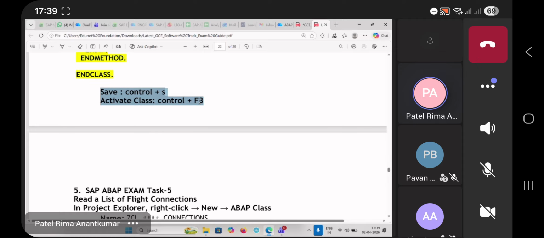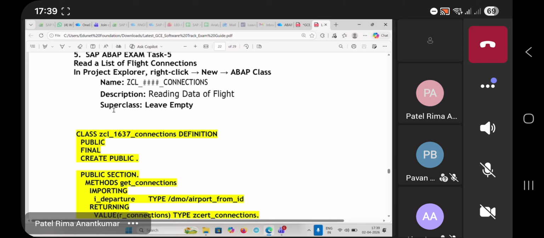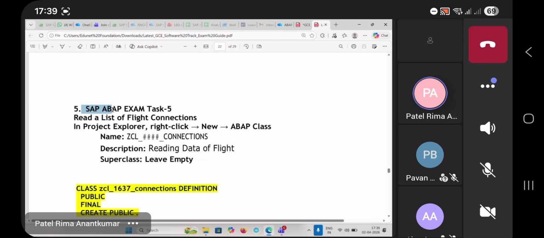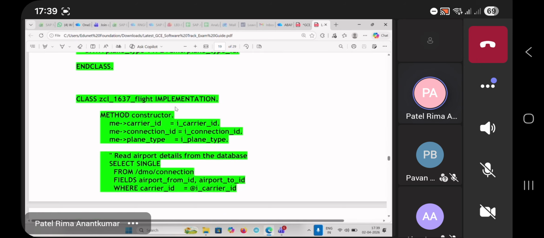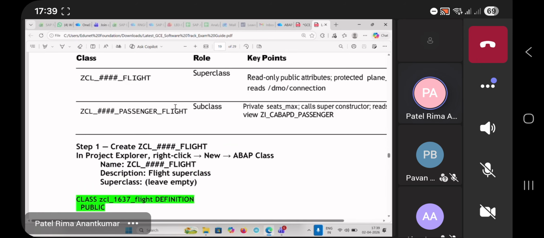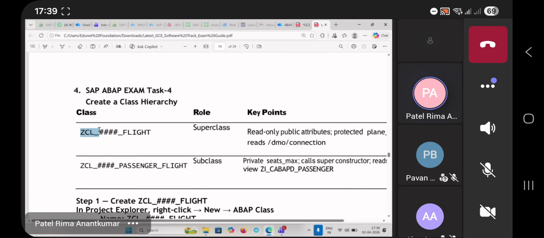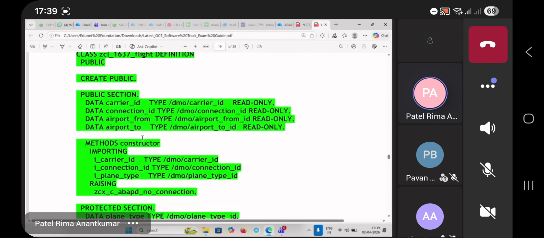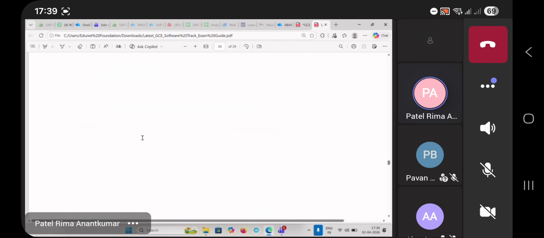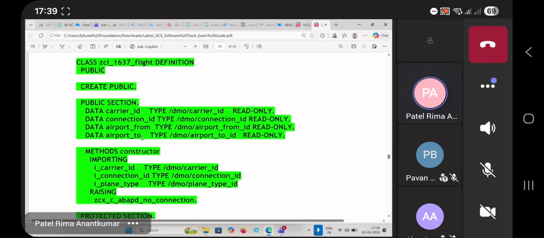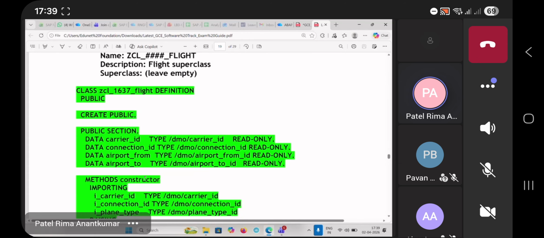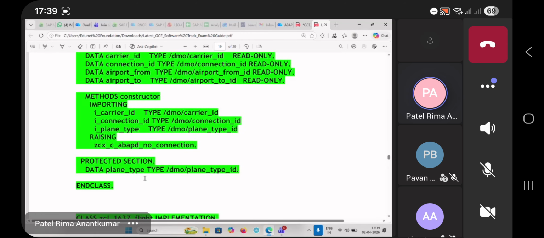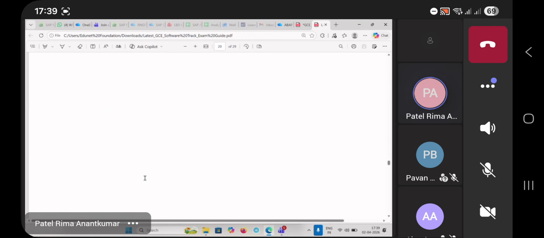We just need to save and activate the class. Okay, this is task 5. So task 4 is to create the two classes, that is flight and passenger class. The code is already given, you just need to successfully execute it. Now where you have to change: this is my super class, 1637 flight definition. Now in the subclass,